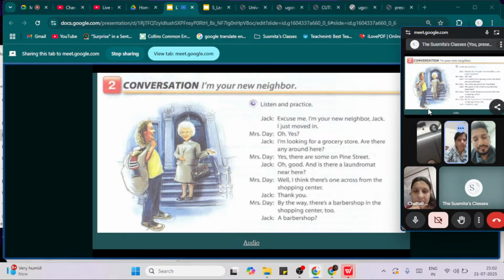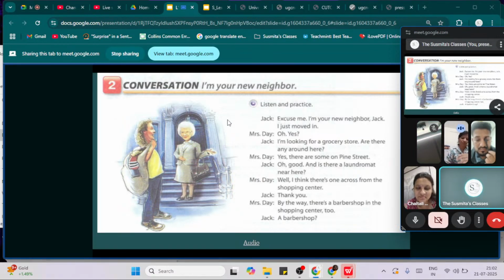A barber shop. Okay. So why do you think she is saying that? That there is a barber shop in the shopping center too? Look at the pictures. So she's passing a comment on his hairstyle. Is it a good thing to pass such a comment on someone's hairstyle or someone's appearance? No, that is his choice. He wants to keep long hair. Okay, why are you commenting on that? So that's the conversation. It's a pretty easy conversation, and now I'll not play the conversation here. You listen to it for homework. It's pretty easy, and you maintain the intonations also.